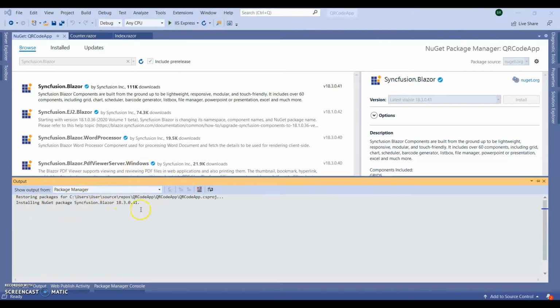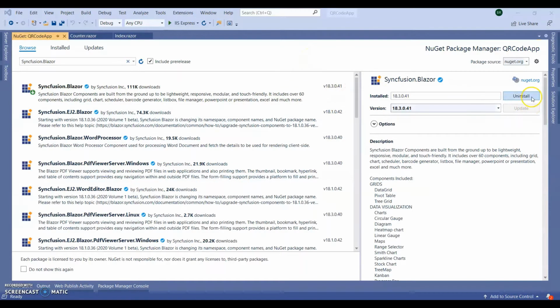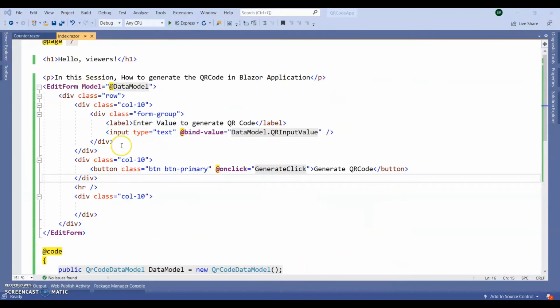It will take few seconds to install the NuGet package. Okay, our NuGet package has been installed successfully. Save the project, close the NuGet package window.